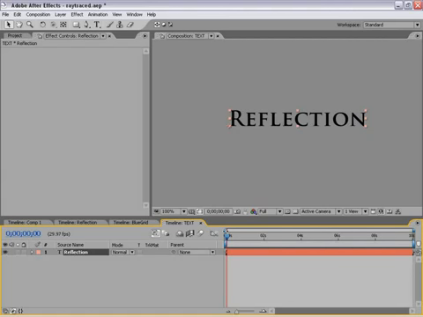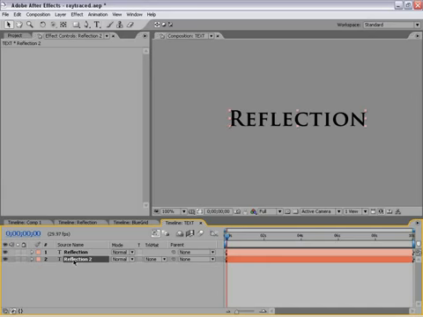We are actually going to be generating the reflections, and they're going to be looking like a real reflection. So that's kind of the catch. But here's what we're going to do: we're going to duplicate this layer. So we're going to choose Edit, Duplicate, and we'll move it down below, and we're going to hit